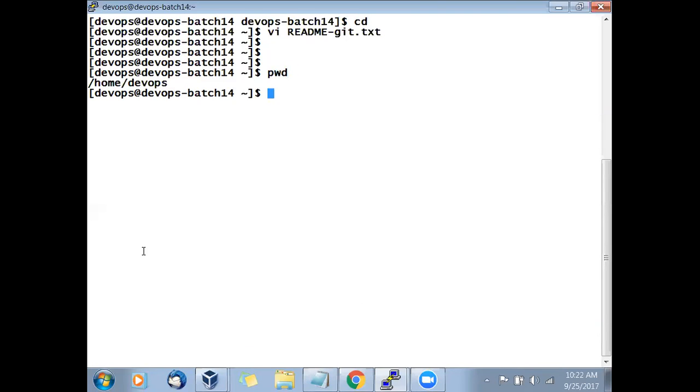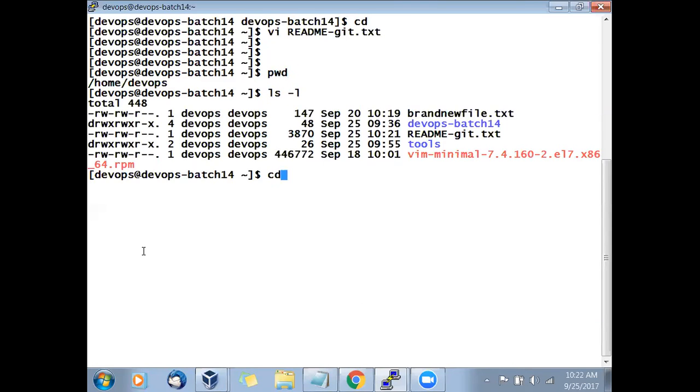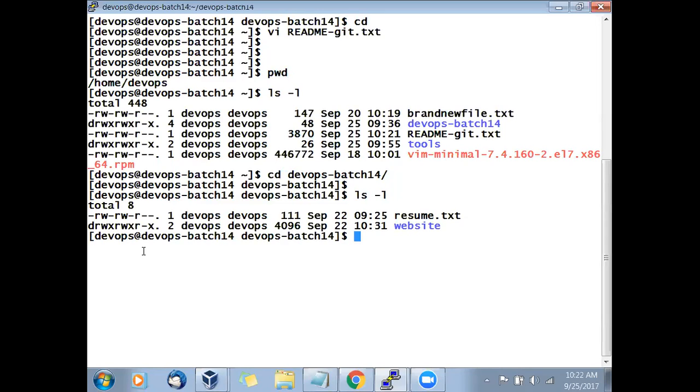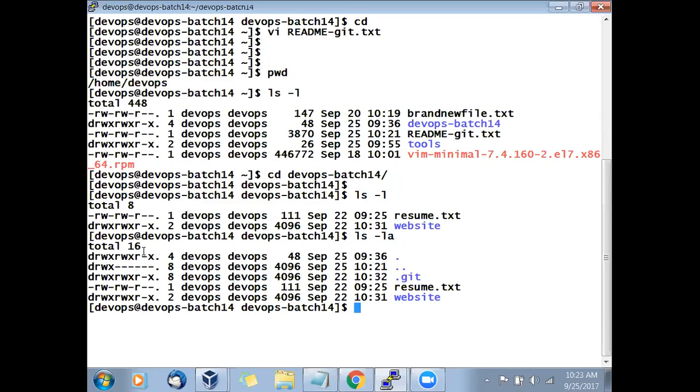So make sure you are in the project directory. I'm not in the project directory. I'll say DevOps 14. How to know whether I am in the project directory or not? What's the command? PWD. But PWD can be in any directory, right? How do you know that this is my project directory, or that it is a Git directory? Yes, you should have the .git file there. This is the way you know that this is my project. Clear? Okay, now we'll go with the git remote.